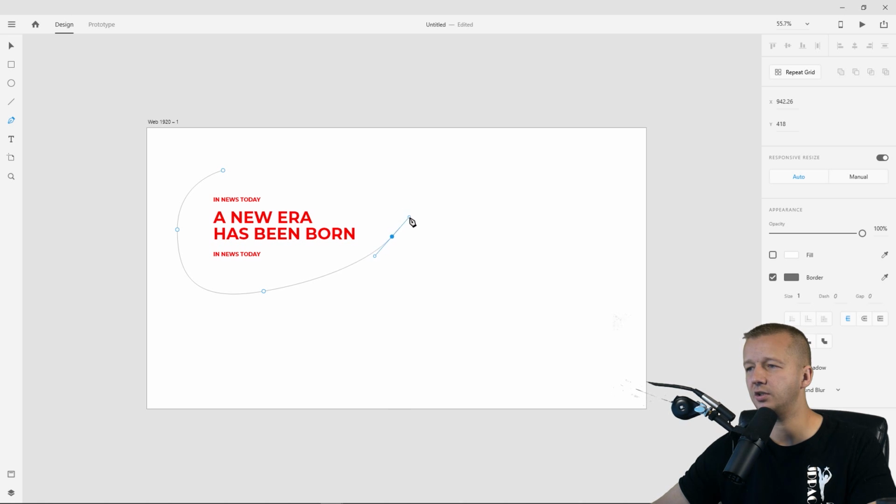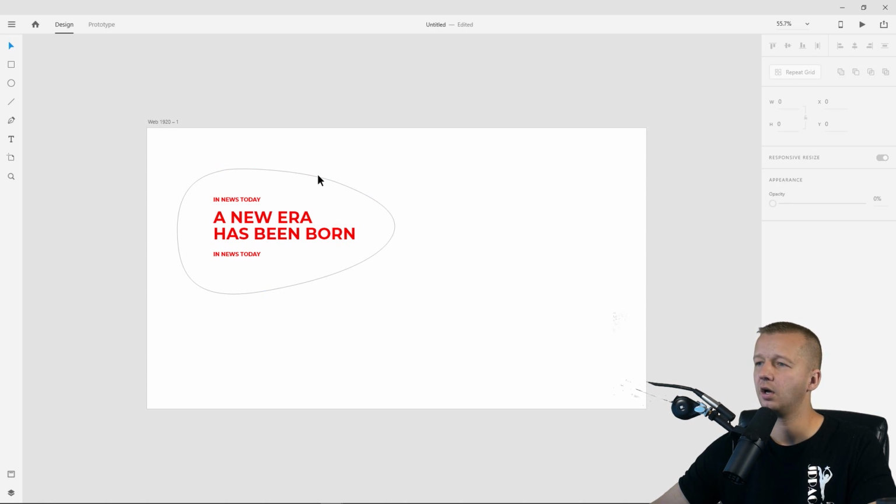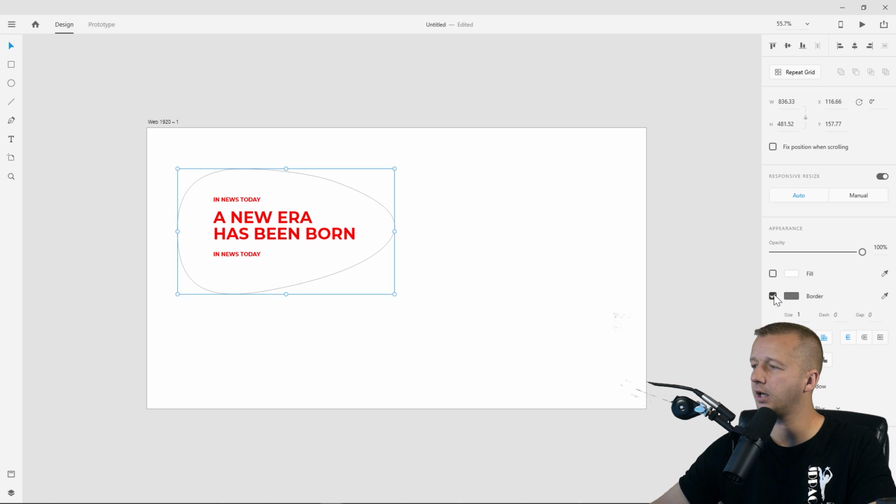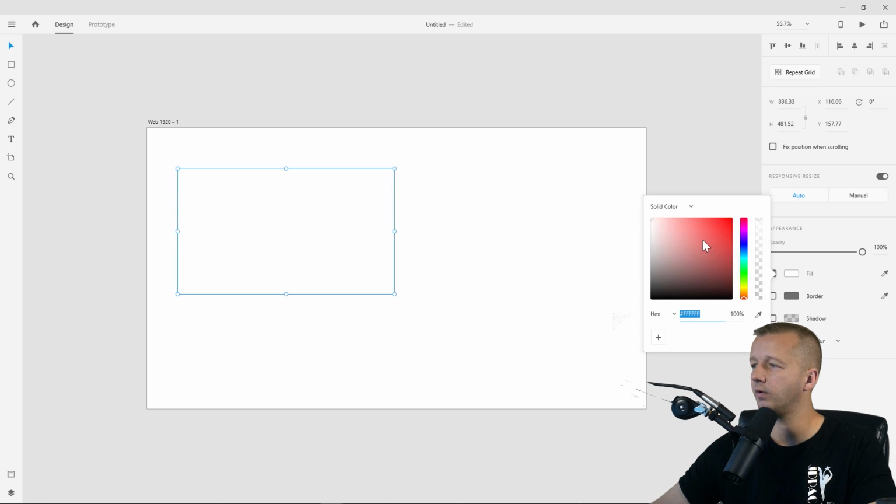And this is one of those things you can really experiment with. All right, something like that. This part's not too smooth, but yeah, I'm not going to sit here trying to make everything absolutely perfect. Yeah, whatever, something like that. All right, and then what we'll do is we'll make it a fill of red,